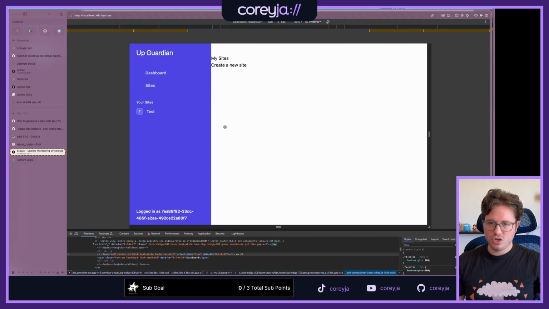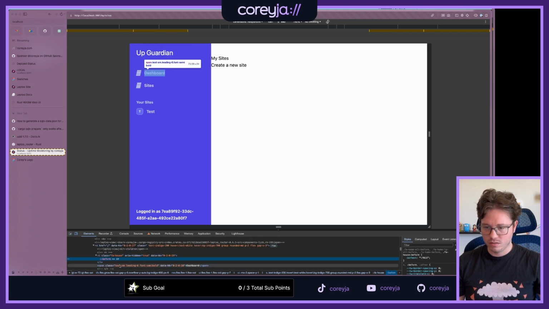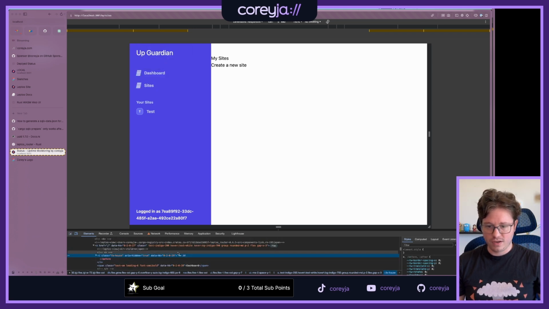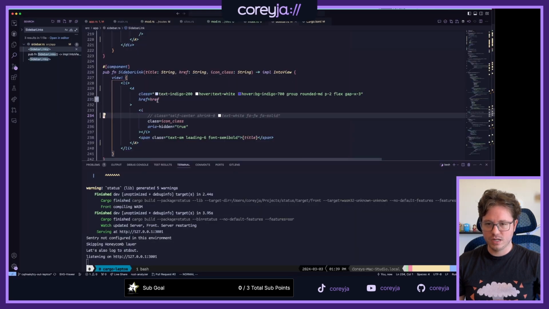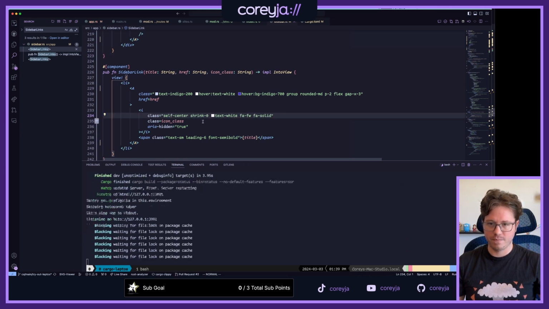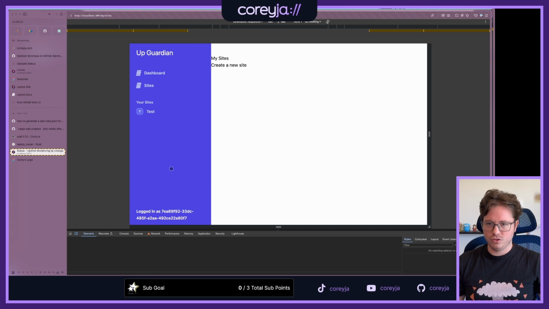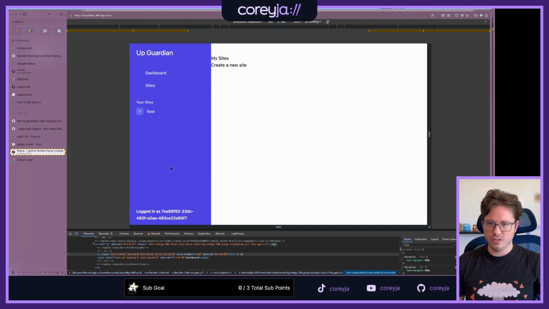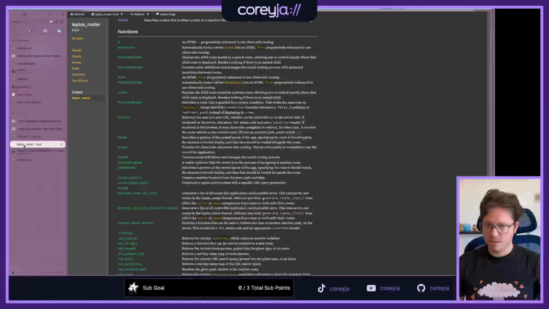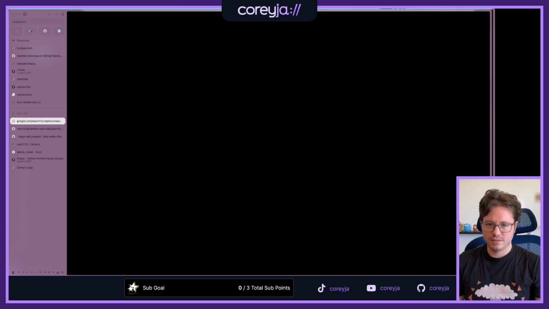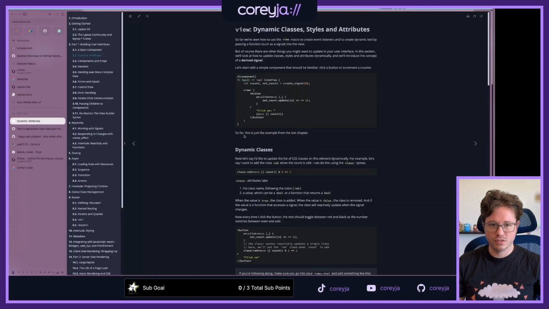Let's try that. If we just use this thing, it's not gonna work, right? Oh, there we go though. That does do the FA house. Okay, so it is when I do multiple. It seems to take the first one most of the time. So do I need a little utility to help me out there? Leptos classes, dynamic attributes.